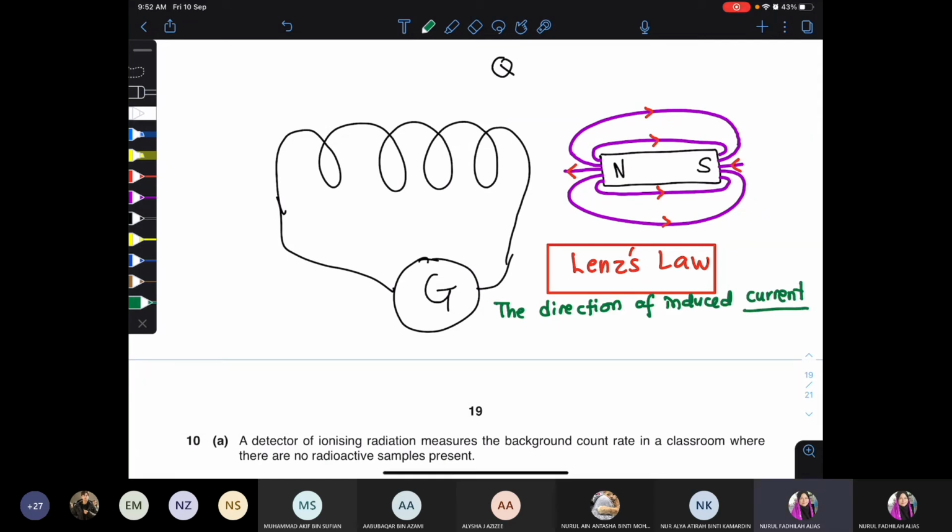Maksudnya if you want to determine the direction of induced current, you use Lenz's law. So the direction of induced current is such that